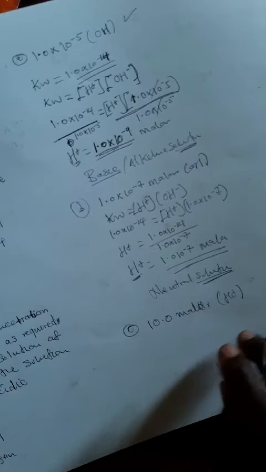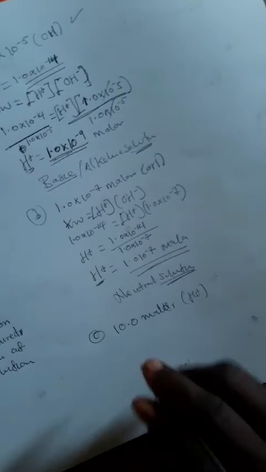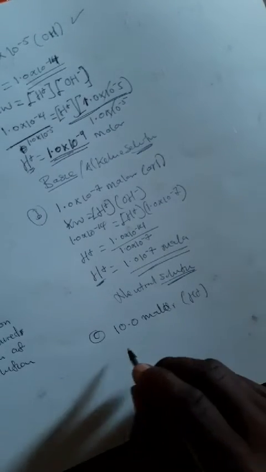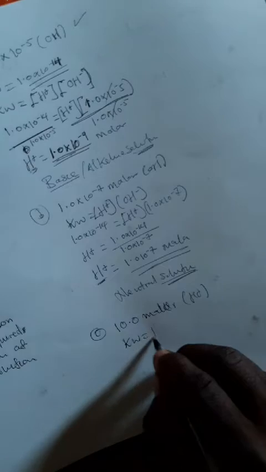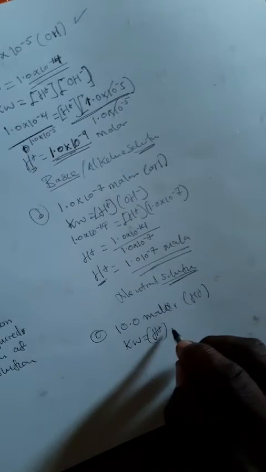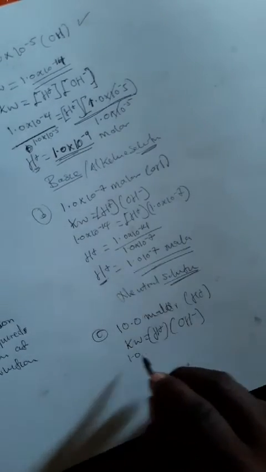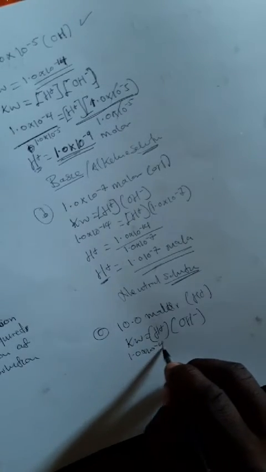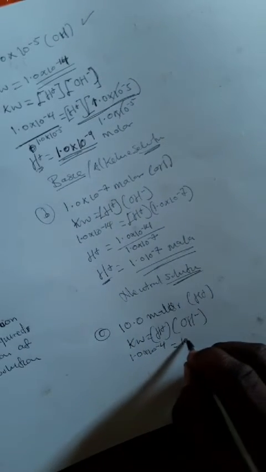We want to calculate the hydroxide. So same formula, which is H plus times OH minus, the constant value, 1.0 times 10 to the power negative 14, is equal to 10.0